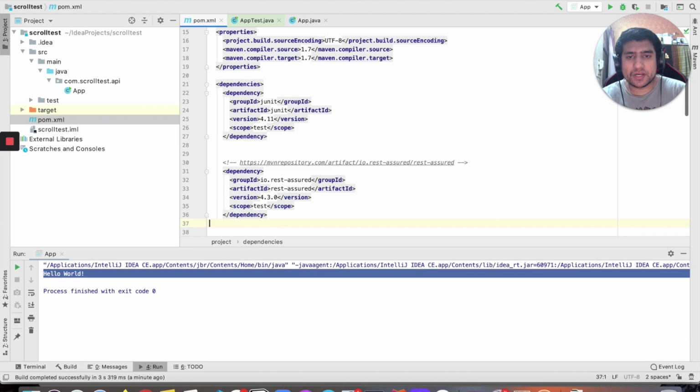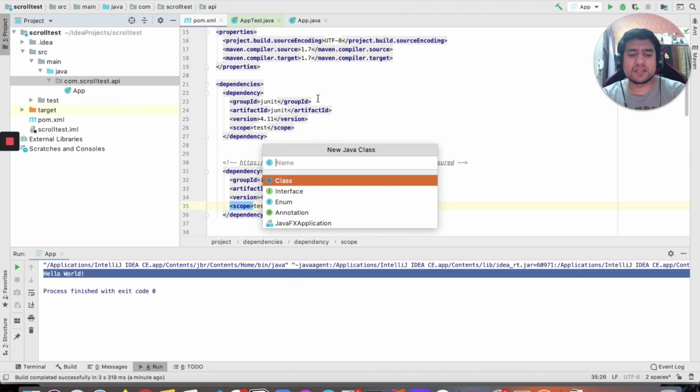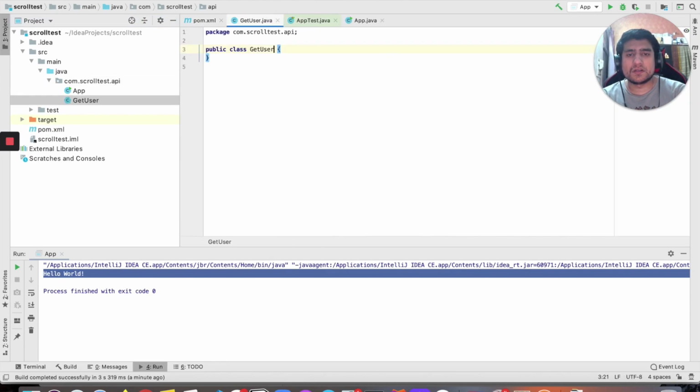Okay, so let's put it here. I just put it, and you can see it start resolving, right? It automatically downloads it. So make sure your automatic import of Maven is enabled, right? And here, let me create a new Java class. Let's suppose the name of it is GetUser, right?